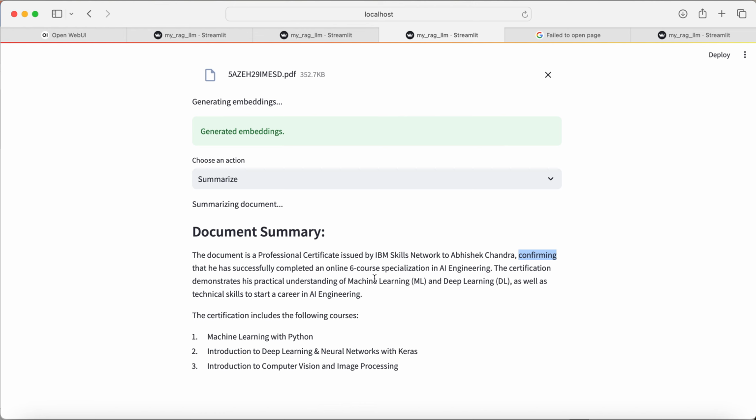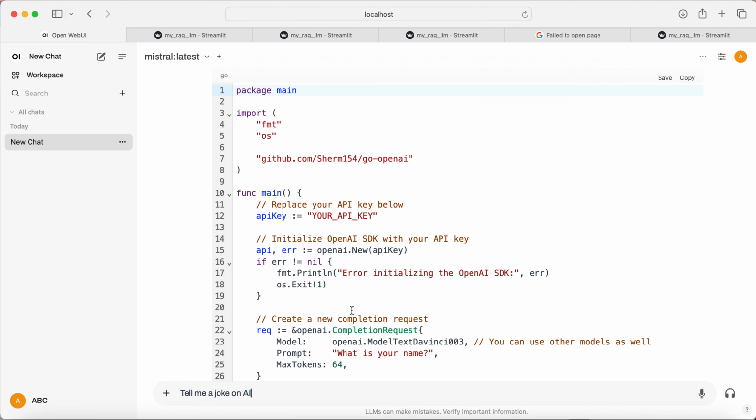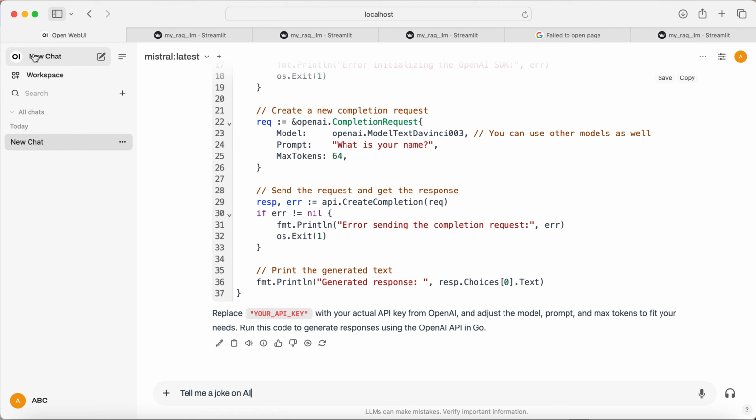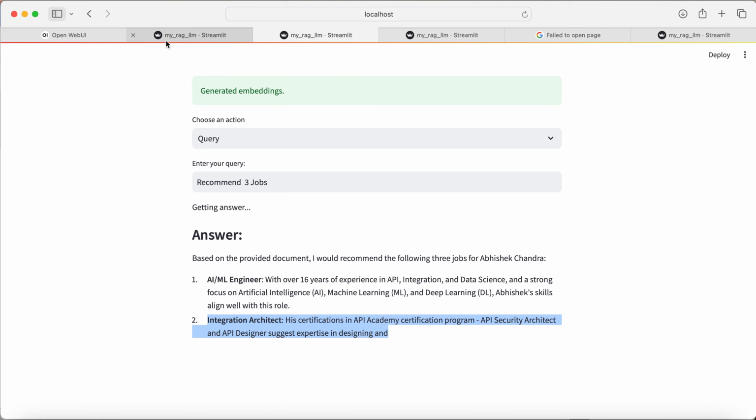So these are some custom applications, like a ChatGPT. Tell me a joke on AI, for example, or anything that you want to write to it. It generates the code, and you can run it through like that. So coming to